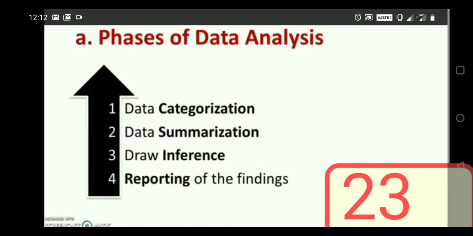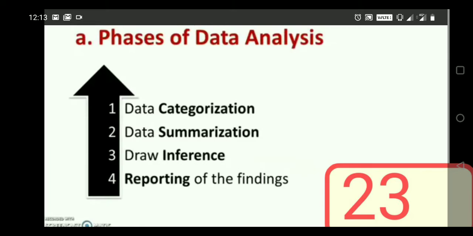Then there are certain phases in data analysis. The first is data categorization, second is data summarization, third is drawing inferences, and fourth is reporting of the findings. In data categorization, we categorize each and every piece of data collected from the community area.